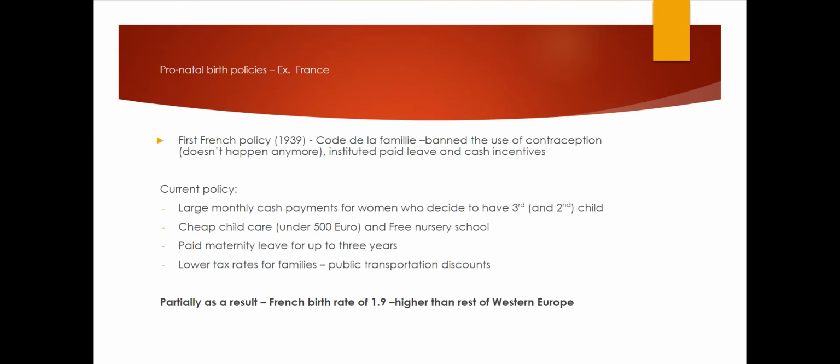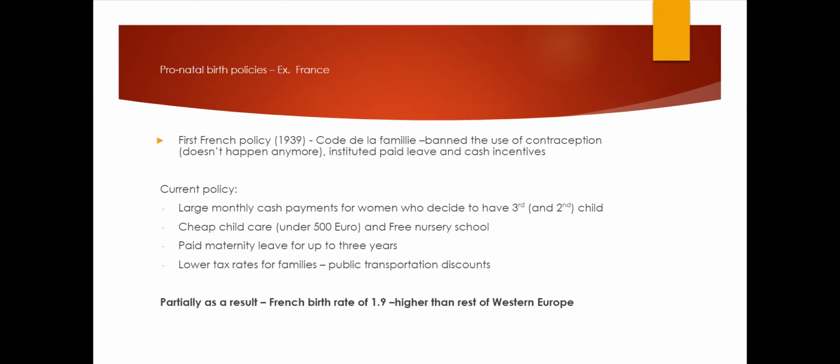Cheaper childcare, free nursery school, paid maternity leave for up to 3 years. That is more common in that part of the world than it is in our neck of the woods. Maternity leave is paid leave through a government program that allows women, and then paternity leave is for men, to stay home with their children after childbirth. And then a lower tax rate that incentivizes families, right? We have a little bit of that in the United States as well with some child tax credits, but essentially trying to structure taxes in a way